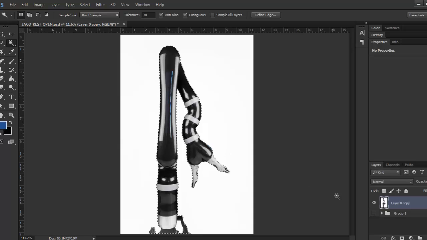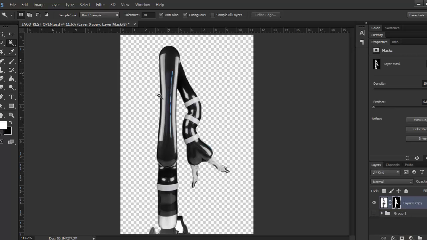Now I can click down here in the Layers panel, on this rectangle with the circle in it, Add Layer Mask. So now it masked out the background, leaving the arm. And you'll notice here there's a layer mask added with a black background and then the white robotic arm. So when you're selected on this mask,